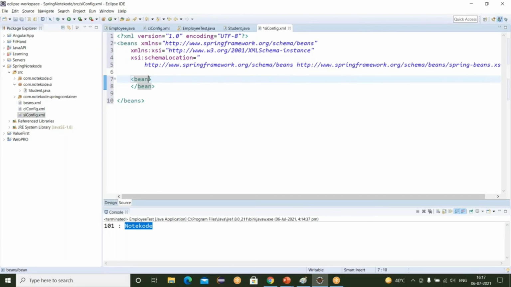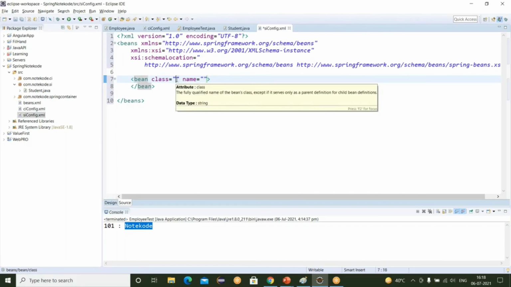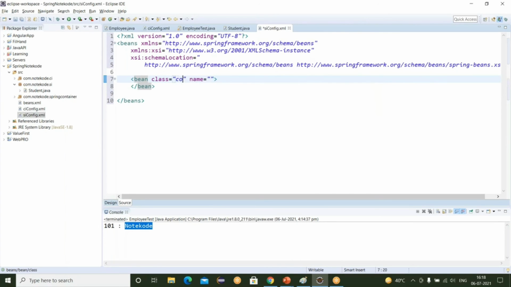And here for setter injection, inside the bean, just write the class name and the reference name of the class. So the class name is written with the package name, si dot, our class name is Student.